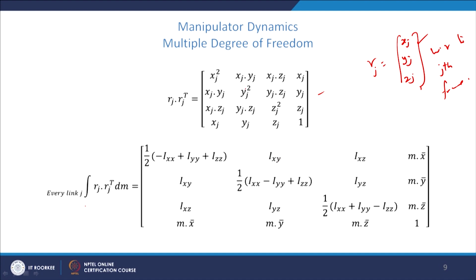So, for example, if you integrate x into y into the length dl from 0 to the total length, that is given by Ixy, the inertia with respect to the xy plane. Similarly, if you integrate this, it is the inertia with respect to xz, and